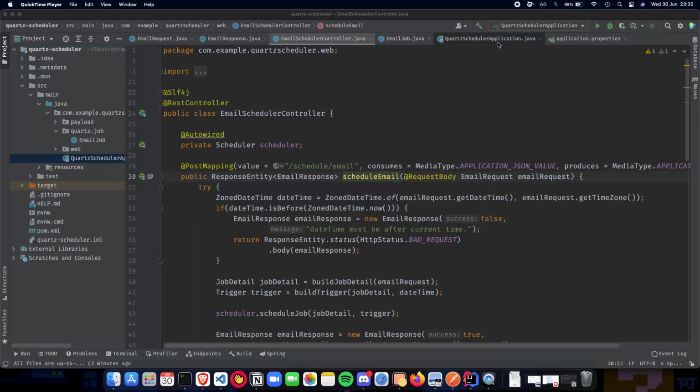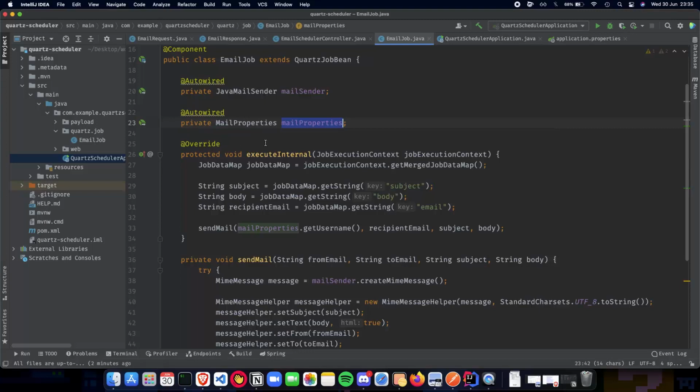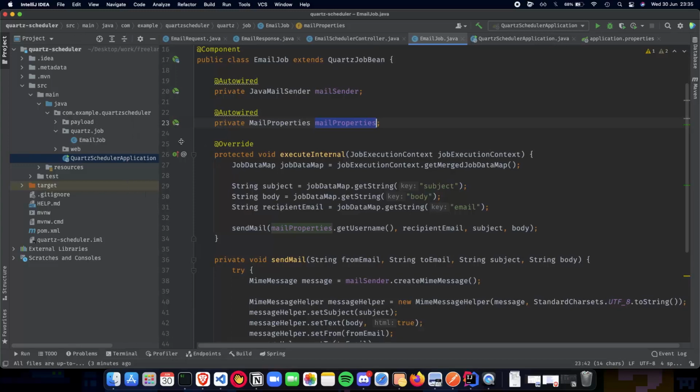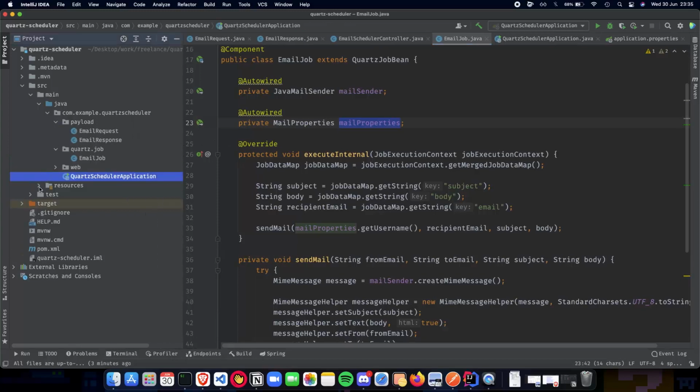So let's get started. Before we jump into that, we'll go through the implementation real quick, what we have done before and where we are right now, from video 1 to video 9. It's been a long journey. So let's go through all the classes real quick right here, and once we're done with that, we can then move on to testing the application.